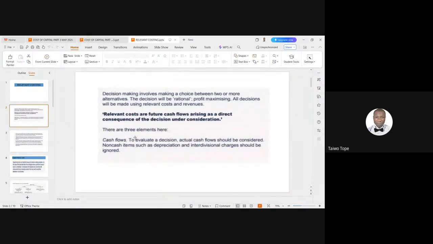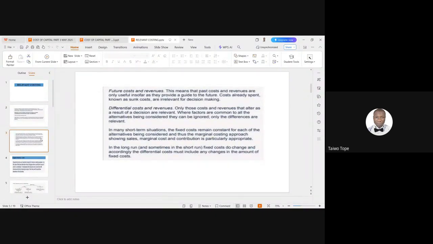Cash flows: to evaluate a decision, actual cash flow should be considered. Non-cash items such as depreciation and interdivisional charges should be ignored. So activities that do not involve movement of cash, notional transactions, implicit transactions should be ignored. Cash flows